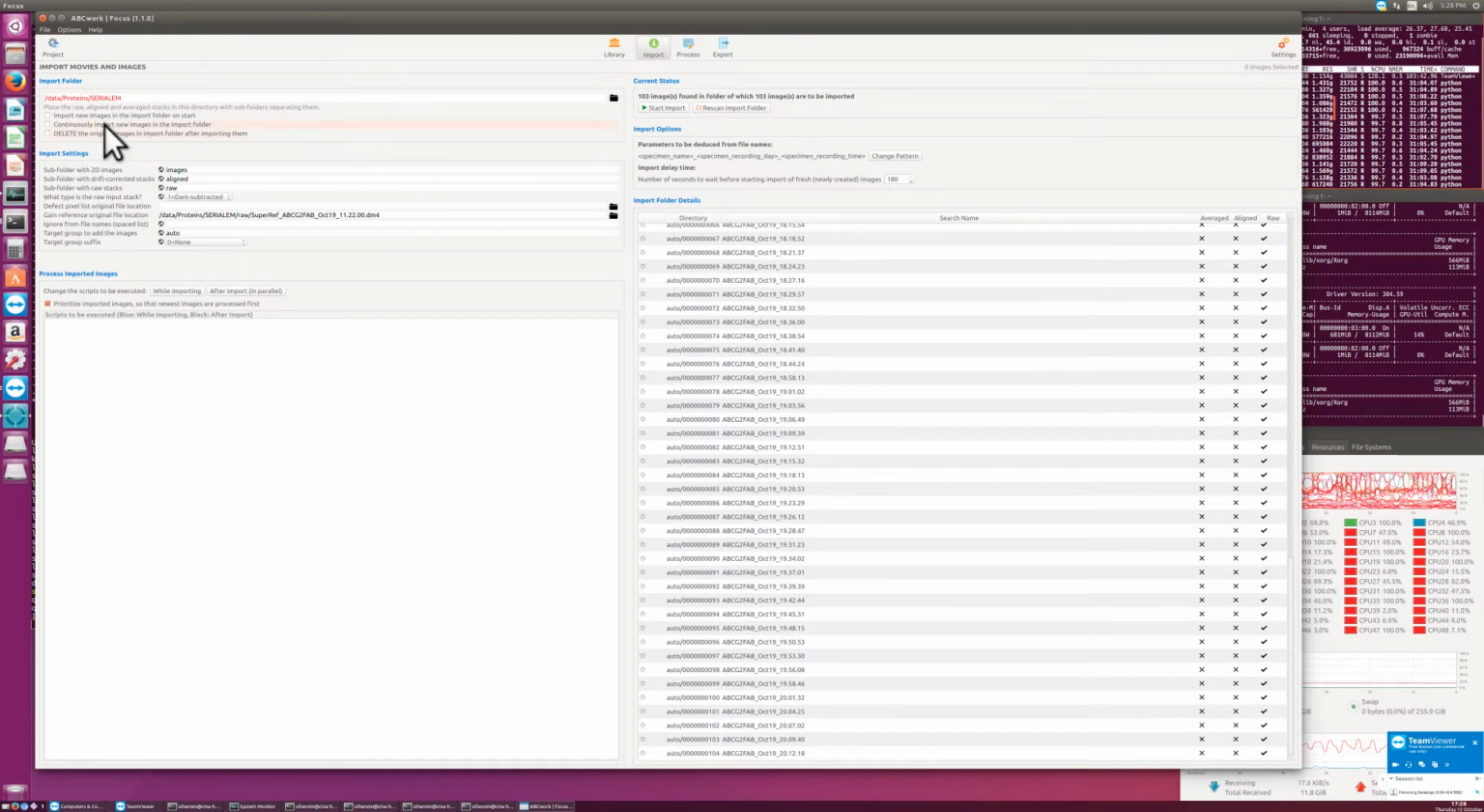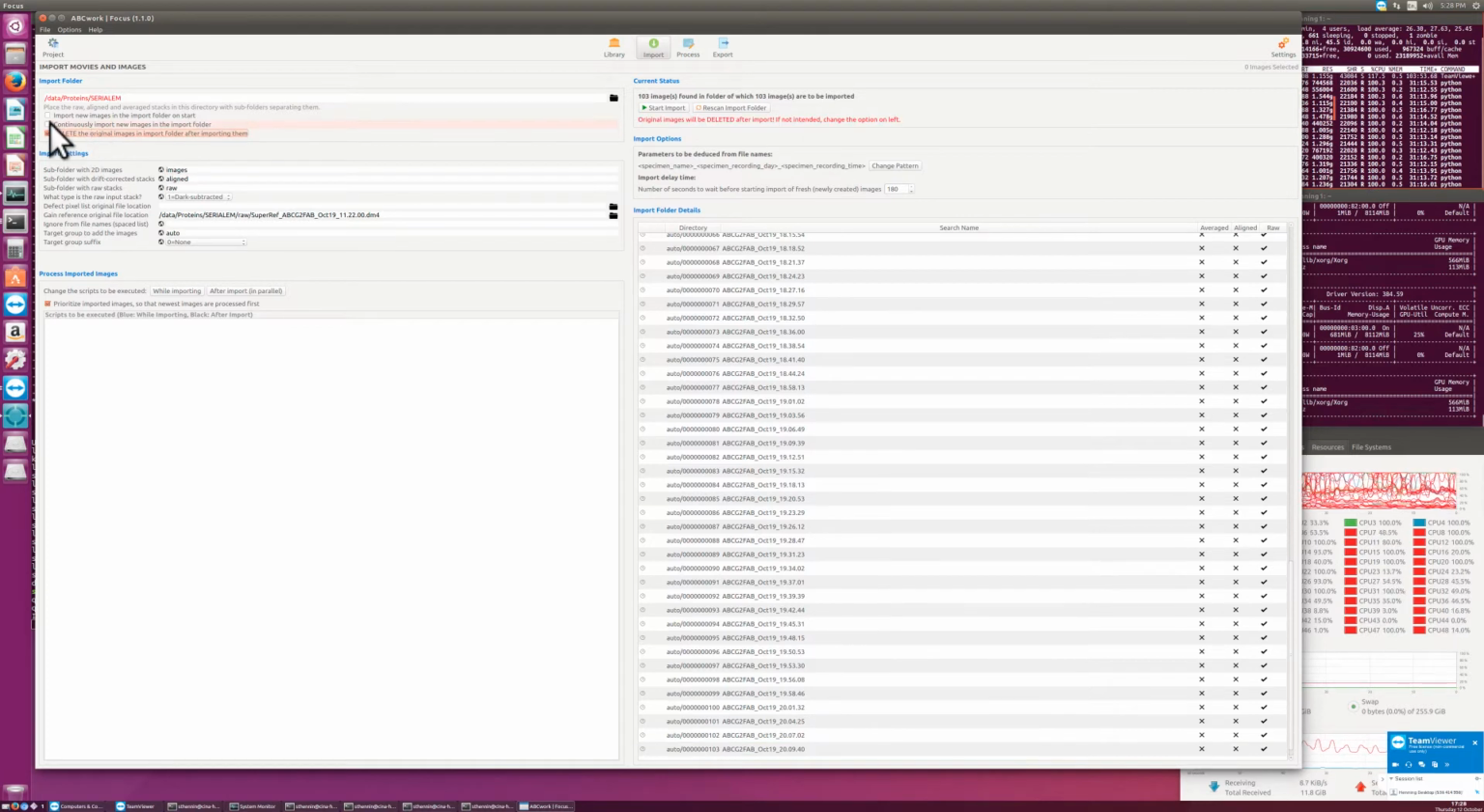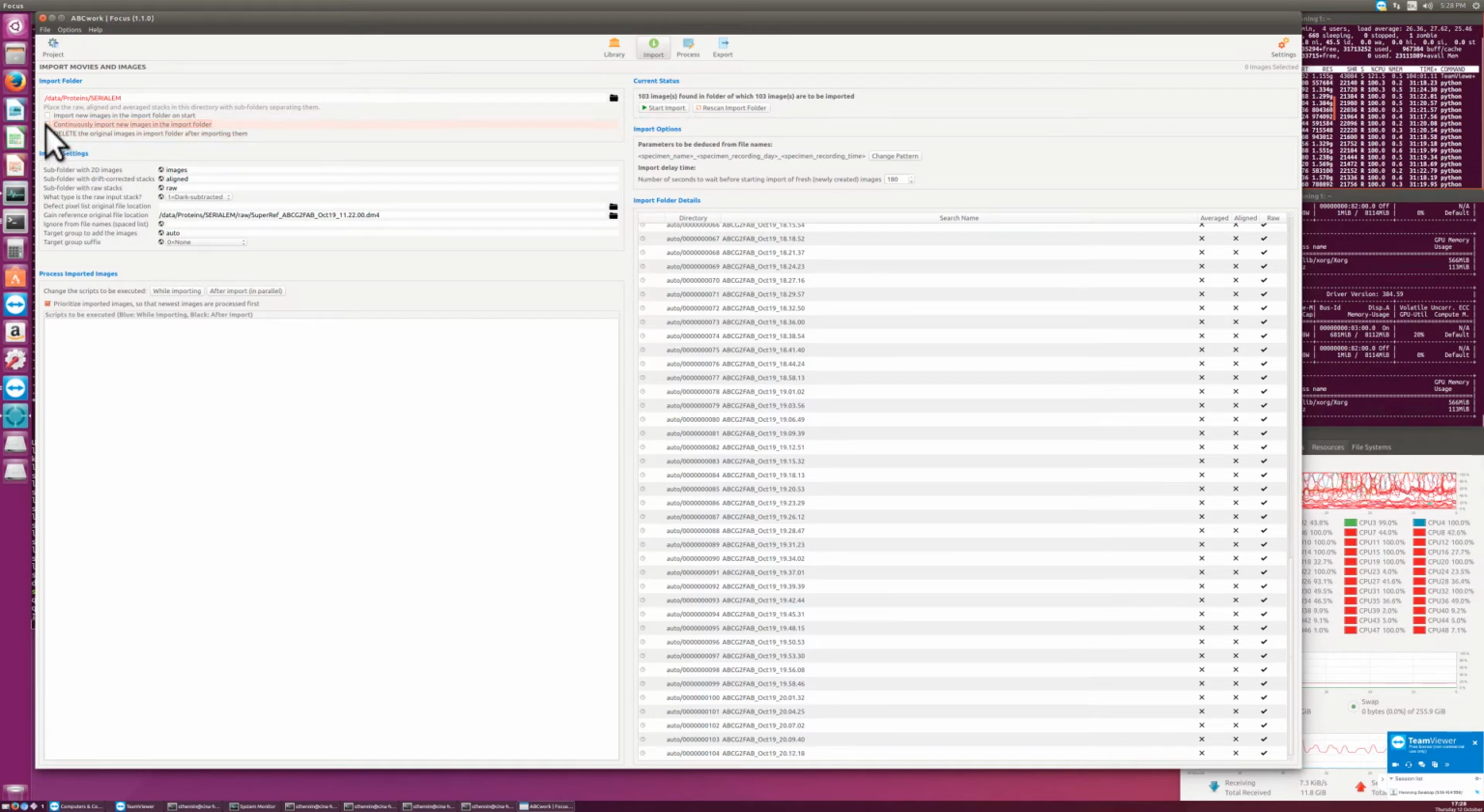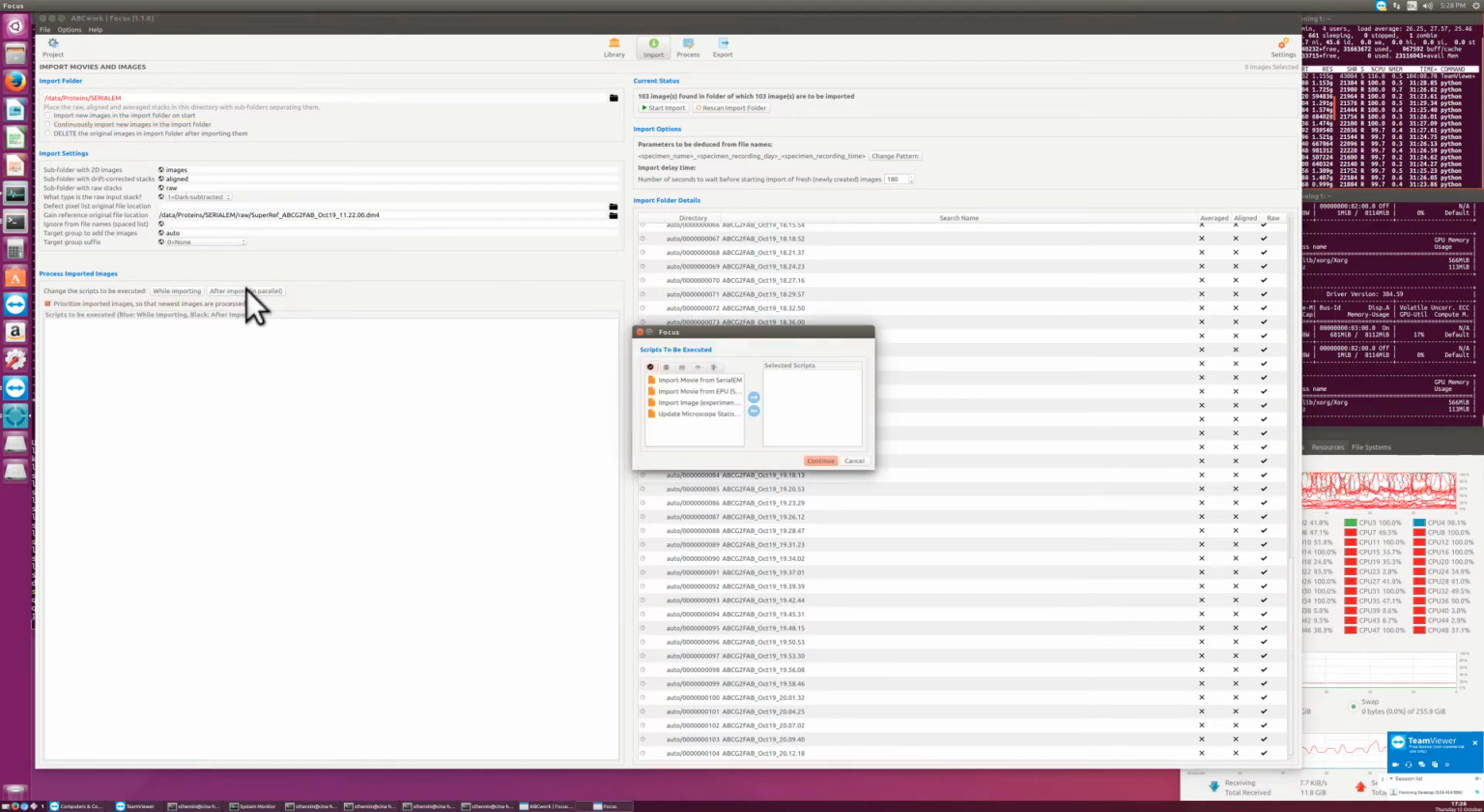So we want to continuously import new images and delete them on the camera computer. So you would delete them and continuously import, but maybe not right now because I'm still setting this up. So what should happen after importing them? Yeah. So usually after importing them, we want to